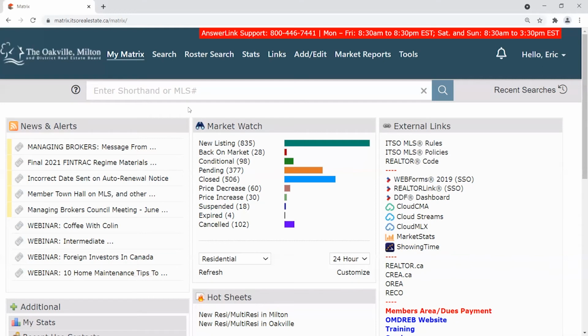Let's totally flip the script and jump into the second topic now, however, which is everything to do with the input function. Okay, so now we're going to start talking about, hey, what steps am I looking to follow if I'm listing a property on the MLS system? Okay, and all of this happens in the add edit